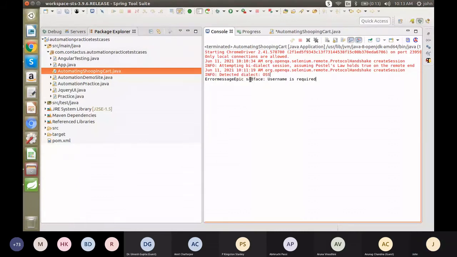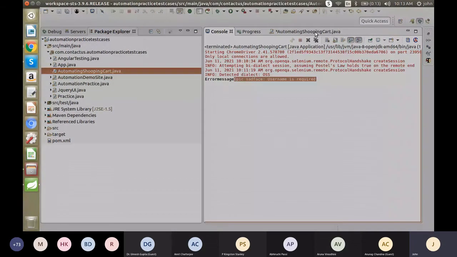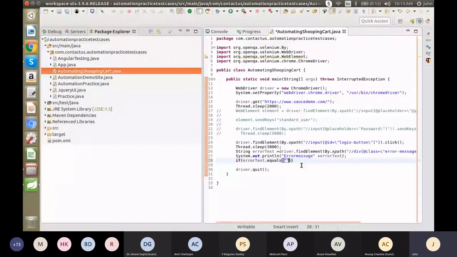So I'm copying these error messages. So we are comparing that particular error message using the equals method.